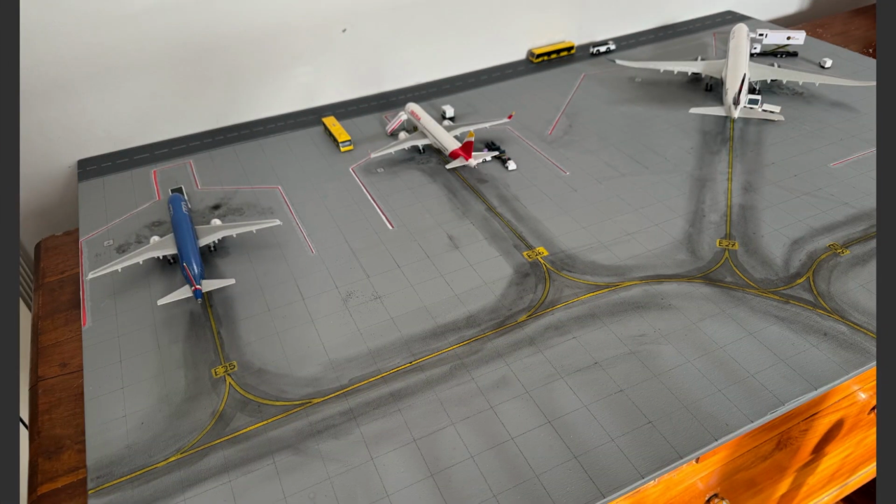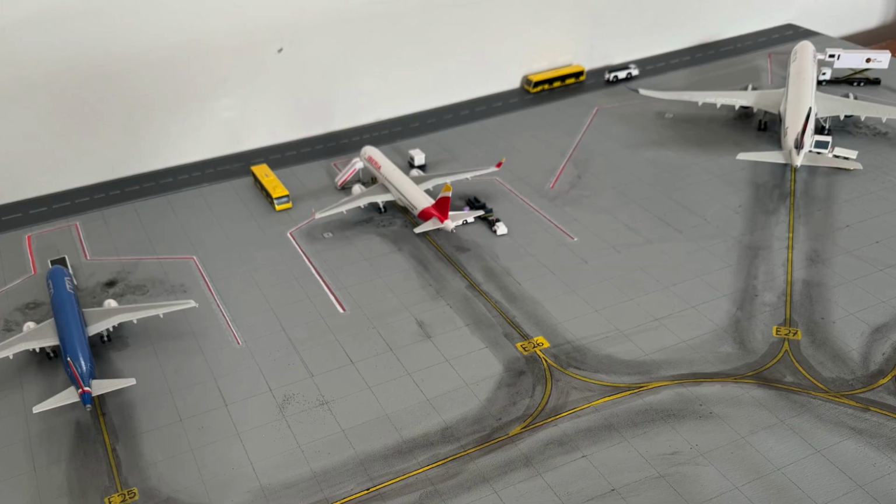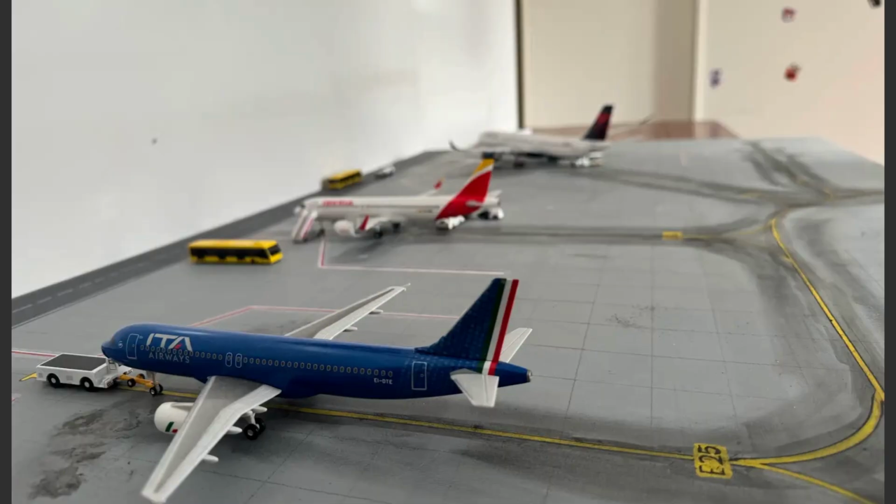And the final airport of this episode is Roma Fiumicino International Airport. He's painted a wooden table and modified Herpa Wings aircraft with Hogan Wings landing gear sets to create affordable 1 to 200 scale models with landing gear. The table features 4 aircraft stands with great looking ground markings and quite a few GSE vehicles driving around the